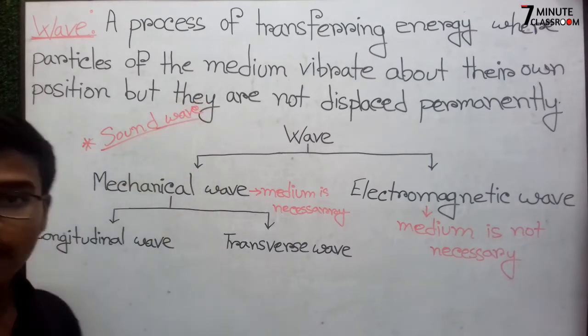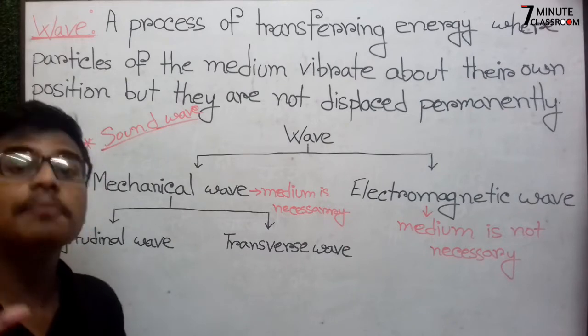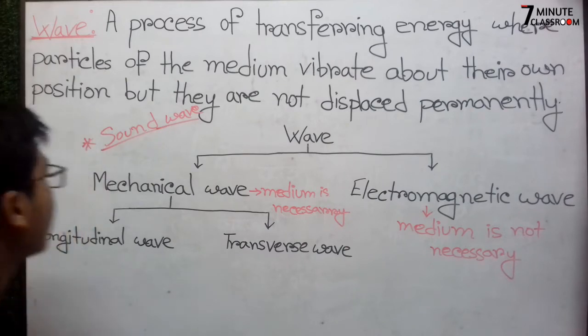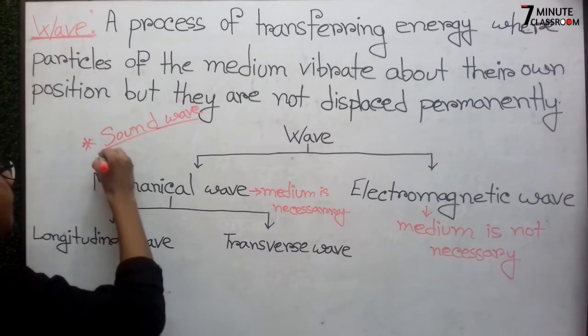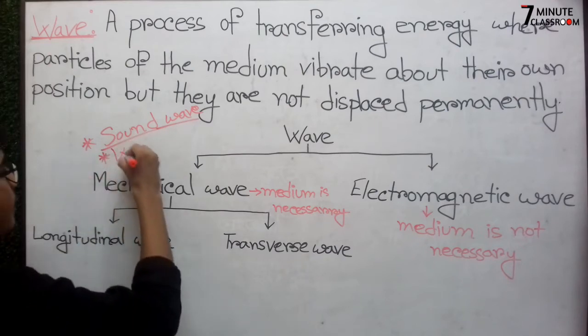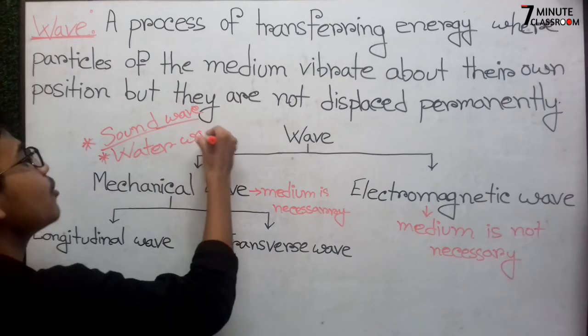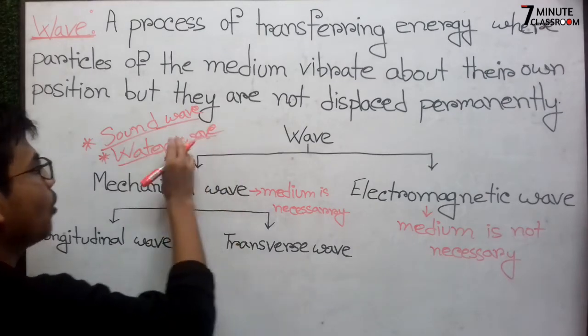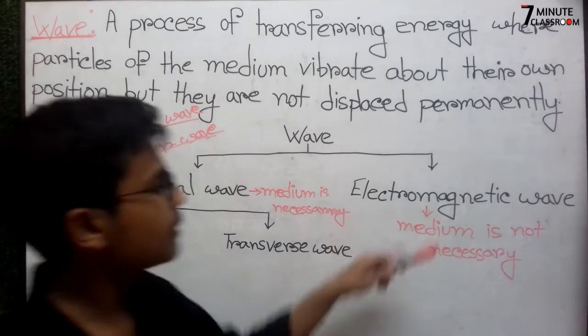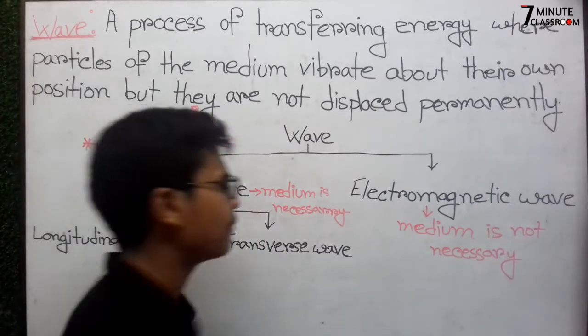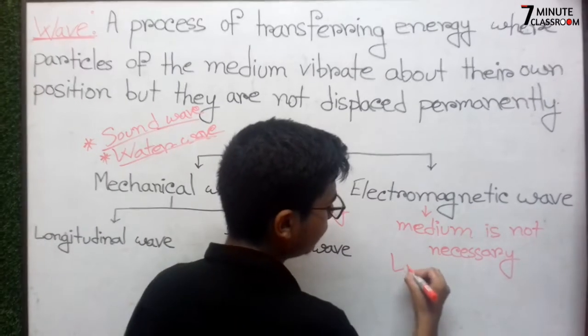So in sound wave a medium is necessary, and that medium is air. Okay, so now if I give another example, that is water wave. In water wave there is also a medium necessary. Okay, so if I give some example about electromagnetic wave, like light wave,